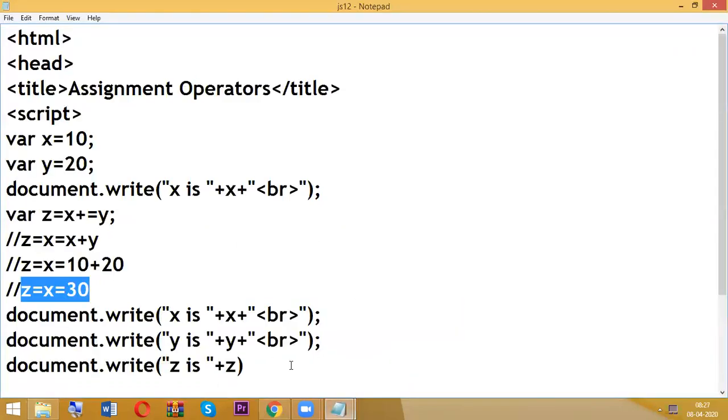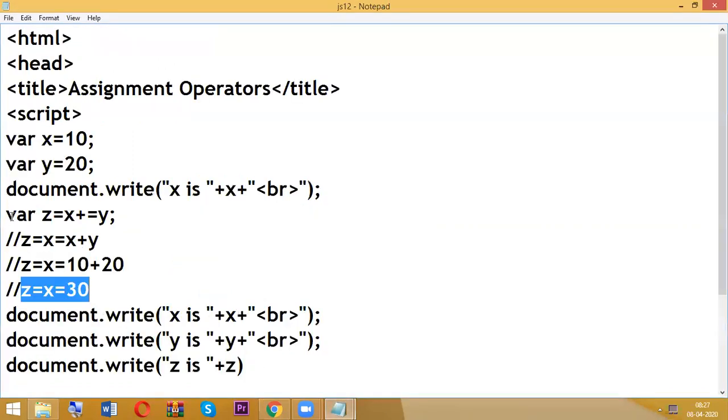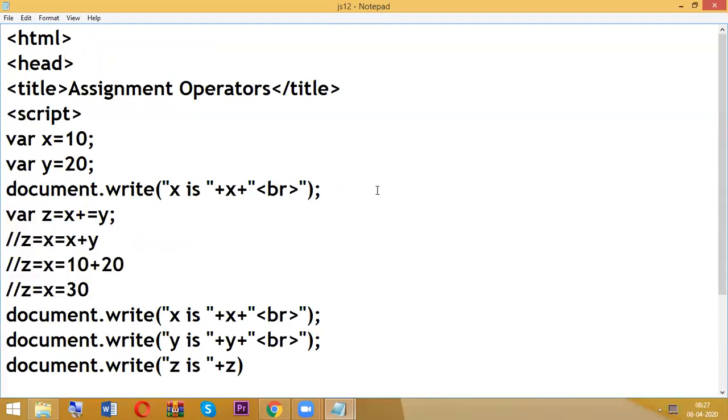Okay, so now same thing for the remaining programs. For example here, x multiplication equal to y. If x multiplication equal to y, what happens? x equal to x into y. Simply I will go with another example, no problem.